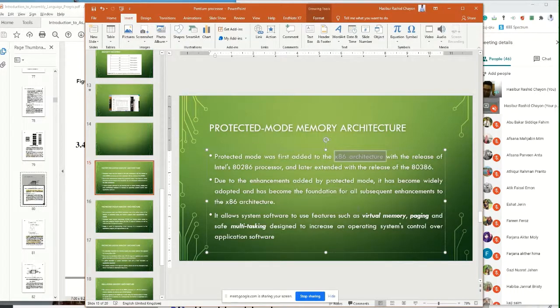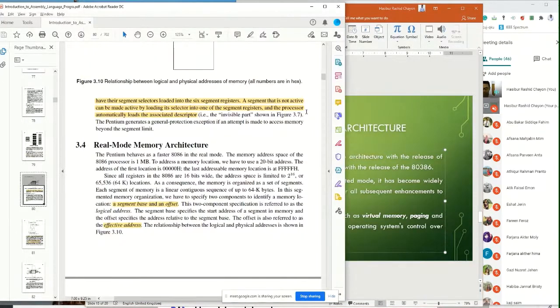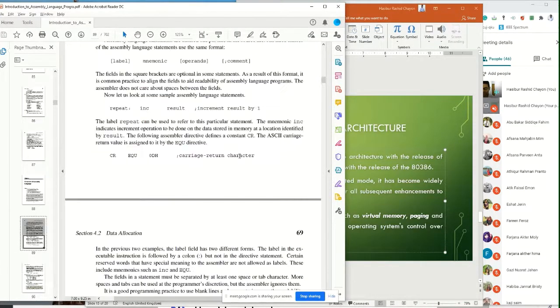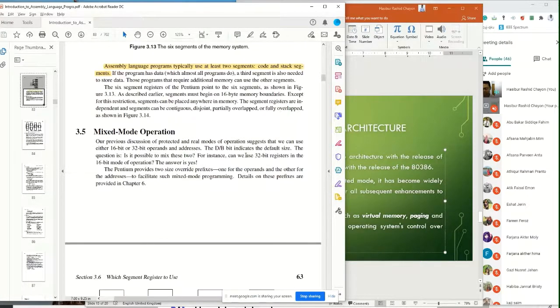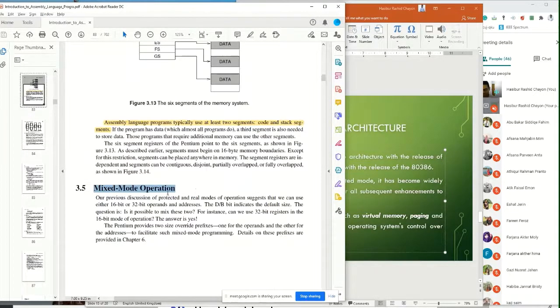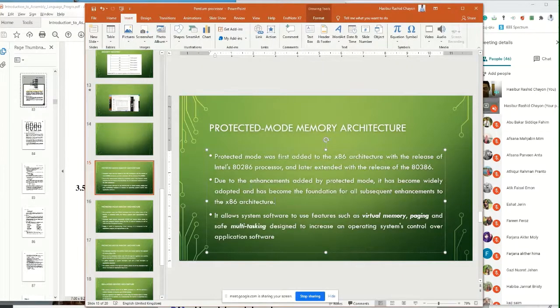Okay. And of course it is widely used because of its very memory-efficient and faster implementation. But some systems use both of them. I think in the book they also said that some systems are using mixed mode. That means sometimes they use this one, sometimes they use that one, both of them. All right. So we are not going to discuss this mixed mode, but we just need to know that most of the processors,